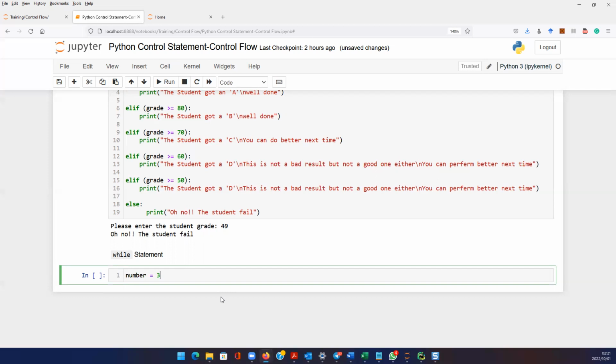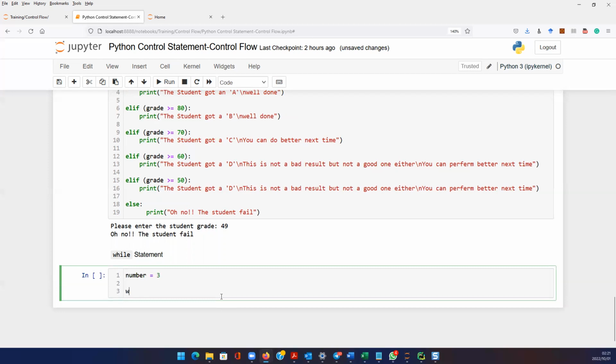This is simple mathematics. We say while number is less than or equal to 50,